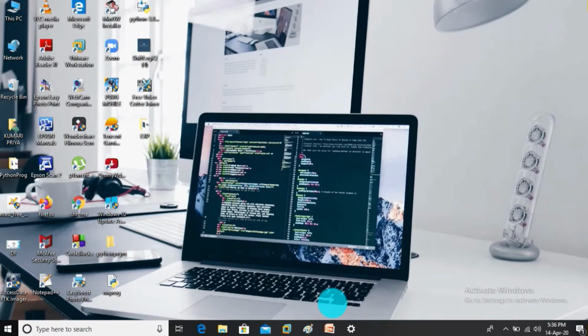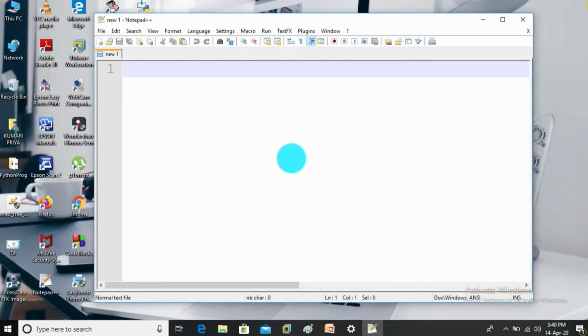In script mode, first of all, you need to write your code in a text editor. For writing purposes, you can use any text editor, for example Atom, Vim, Notepad++, etc., with your own convenience. In this example, I am going to use my favorite text editor, Notepad++. So don't worry guys, you can easily download it from the internet. Now I am going to open Notepad++. You can see here. Let's write some piece of code.